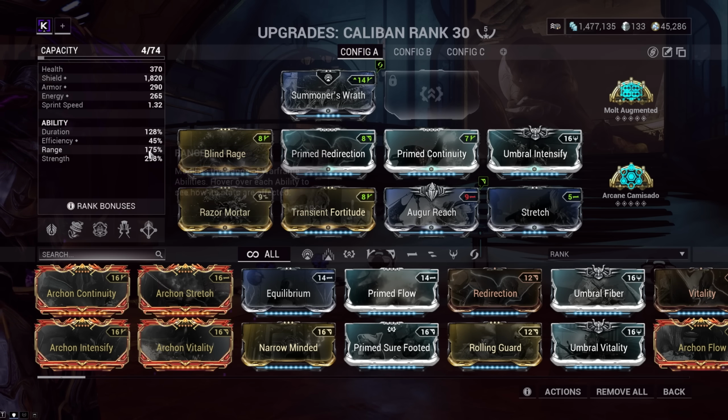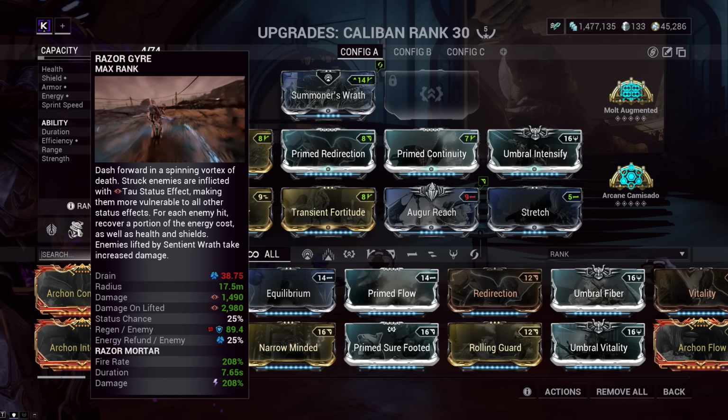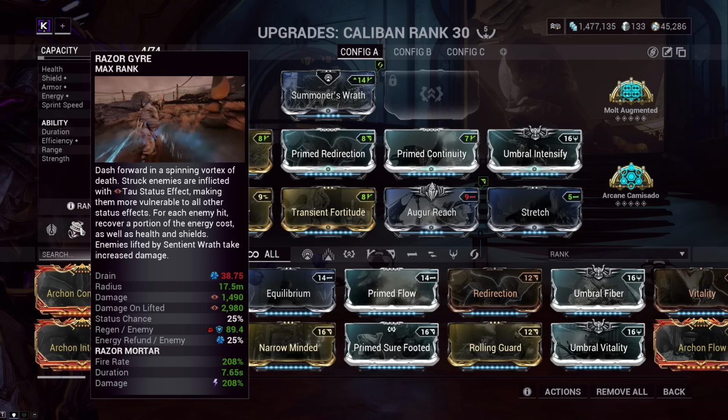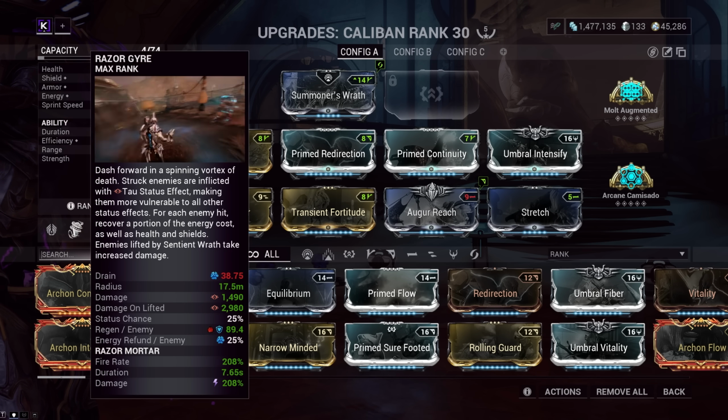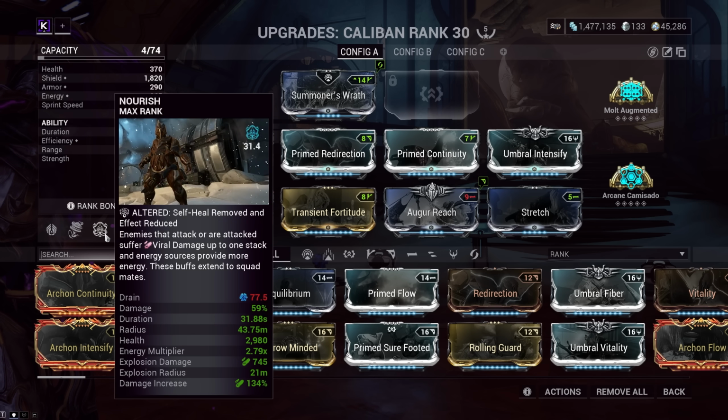high strength as possible. Range at 175 gives Razor Gyre a 17.5 meter area of grouping, and seeing as we move very fast while we cast it, it's technically a lot higher than that. You don't want to go super high though because it does kind of mess with it on some of these tighter tile sets. The super high strength is just to make the viral damage added to our companions a lot